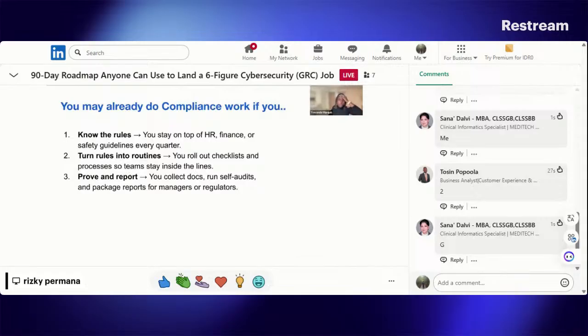All right. So how do you know if you're doing compliance work today? If you're creating checklists, if you're setting up recurrent tasks, if you're making sure that people are following procedures, that's really translating policy into practice. Or if you're in a role where you have to stay on top of the human resources, the finance, or the policies, and making sure that your team is aligned, that's also compliance. It may sound intimidating, but if you've ever helped your team or your organization understand what the rules are of the big organization you operate in, and then helped them follow the rules and improve it, that's already compliance work.